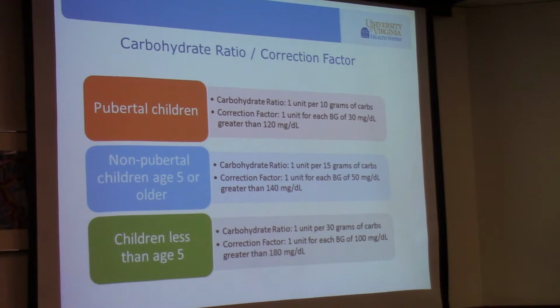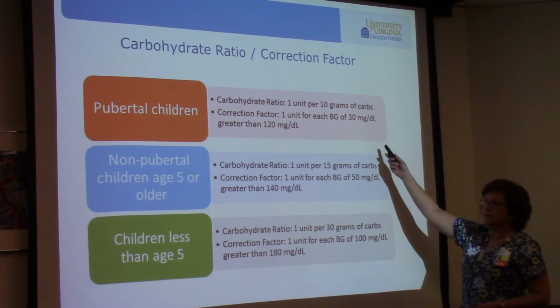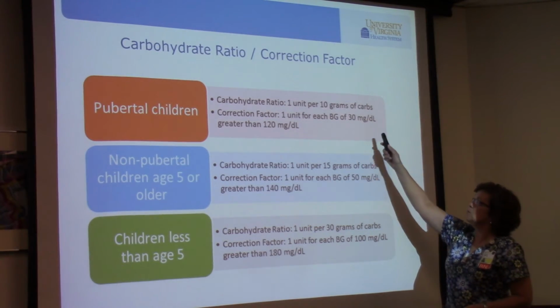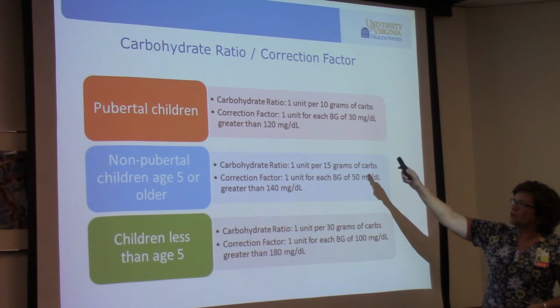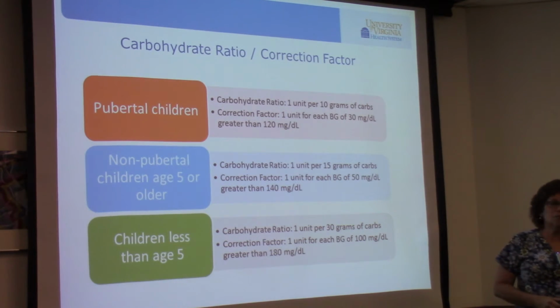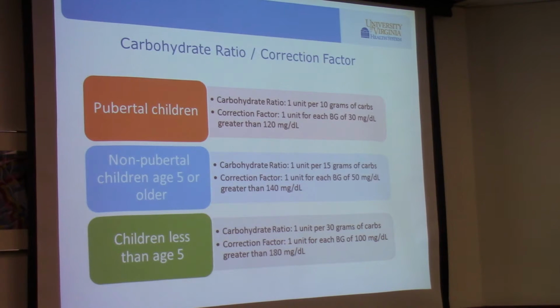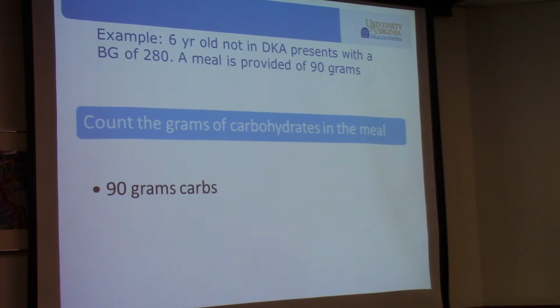Now this little girl threw me off just a little bit, like it will everybody else. So she's 10, she's obese. She is going to be a unit for every 10 grams of carbs, but the endocrine guy says, let's do a unit for every 30 over 150. And why is he doing that? Because she's just 10 years old, she's barely pubertal. She doesn't have puberty signs yet, but she's still obese. So he's going to correct her just a little bit more. So you'll see some variation, but as long as you know that this is kind of the standard, this is the normal, then it'll help.